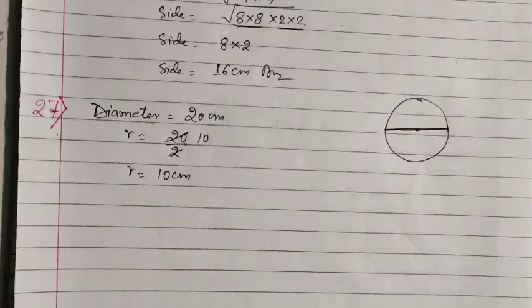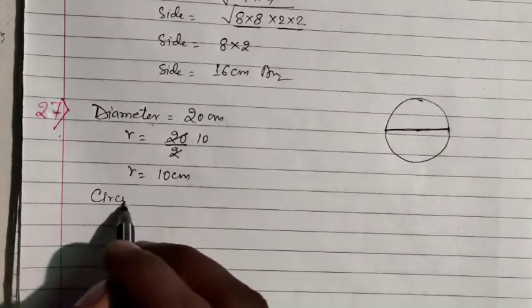And now the question is saying the diameter of the circle is 20 centimeter. Taking the value of pi, here we will study about pi also, it is a new term for you. Taking pi is equal to 3.14, find the circumference and its area. Now here we are going to learn two new formulas. That is, first, circumference of circle.